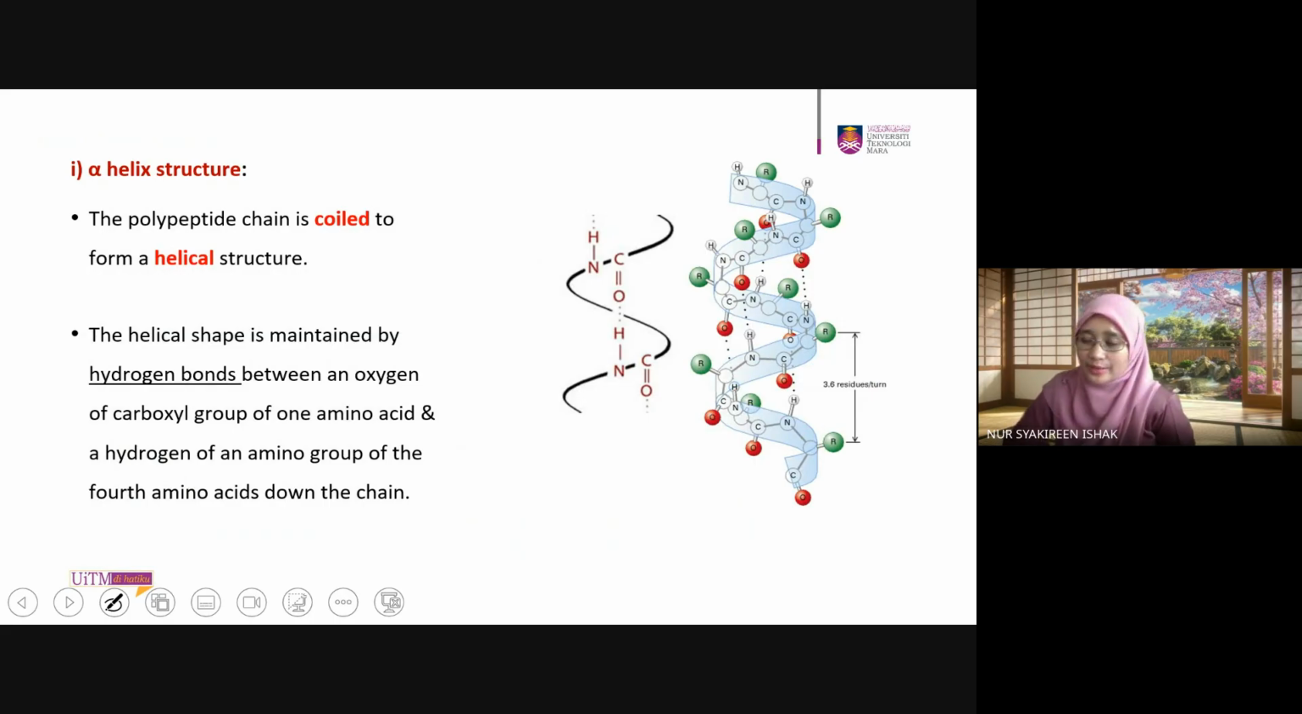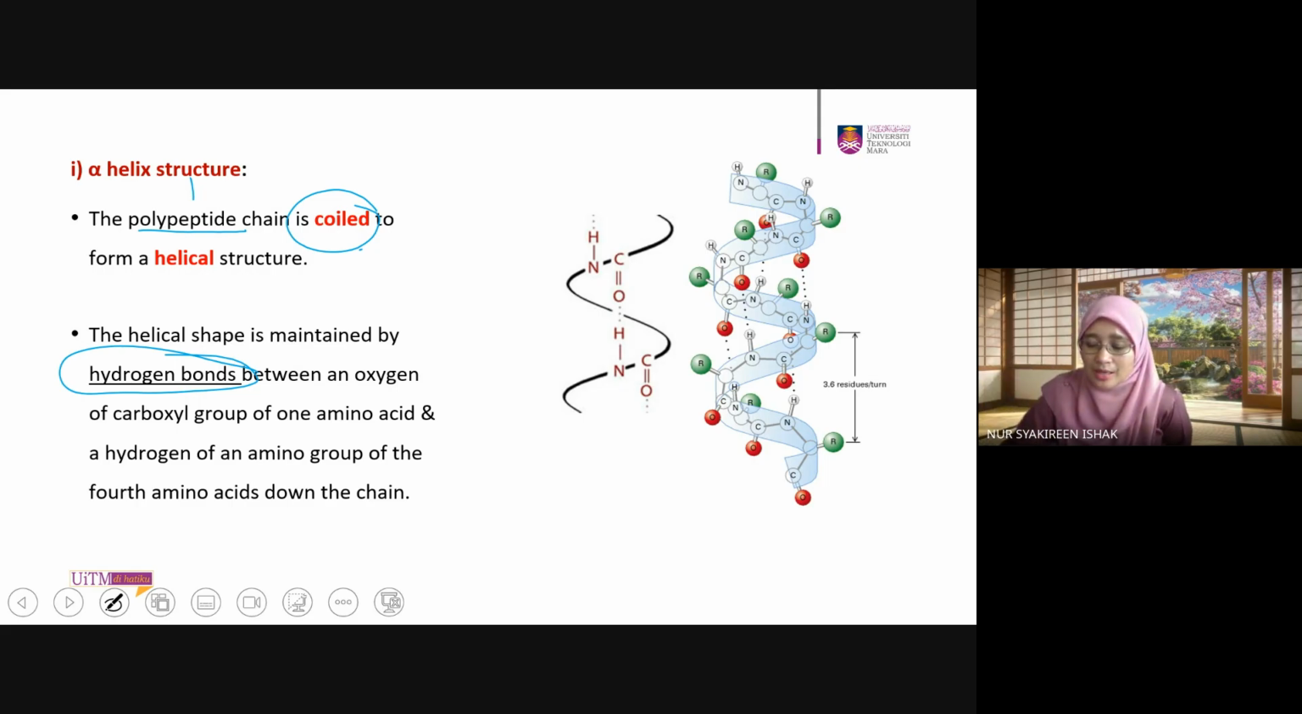Okay, so let's look at the first one, which is the alpha helix. So the polypeptide chain is coiled. Still one polypeptide chain only. So the polypeptide chain is coiled to form a helical structure. The helical shape is maintained by hydrogen bonds. Okay, hydrogen bonds. So you have to take note that for secondary structure to be maintained, it is due to